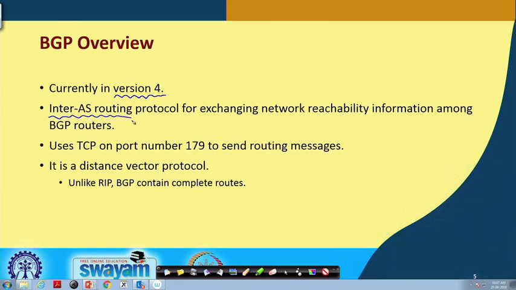Inter-AS means across two different autonomous systems, and for exchange of the messages it uses TCP with the well known port number 179. So, port number 179 is reserved for BGP packet transmission,